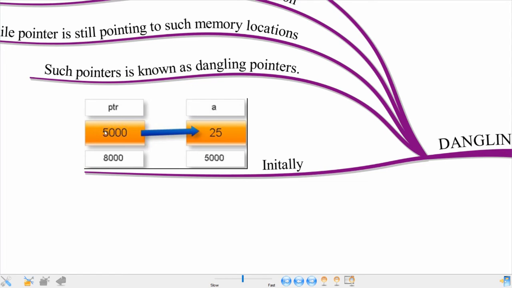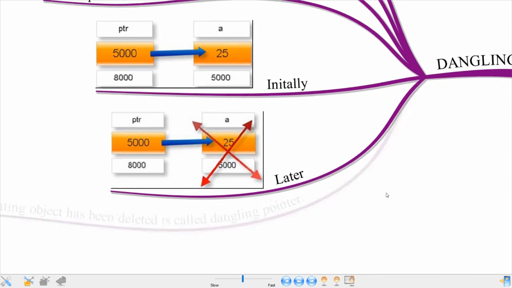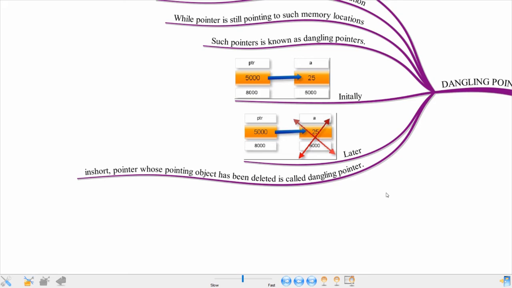This address 5000 is stored as a value in the pointer variable. Now the pointer is pointing to variable a, but after some time this variable is deleted and the pointer is still pointing to that location. That type of pointer is a dangling pointer. In short, a pointer whose pointed object has been deleted is called a dangling pointer.